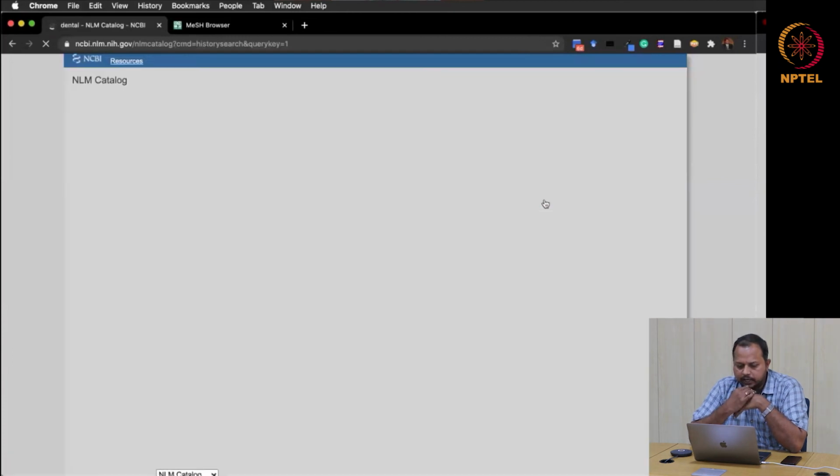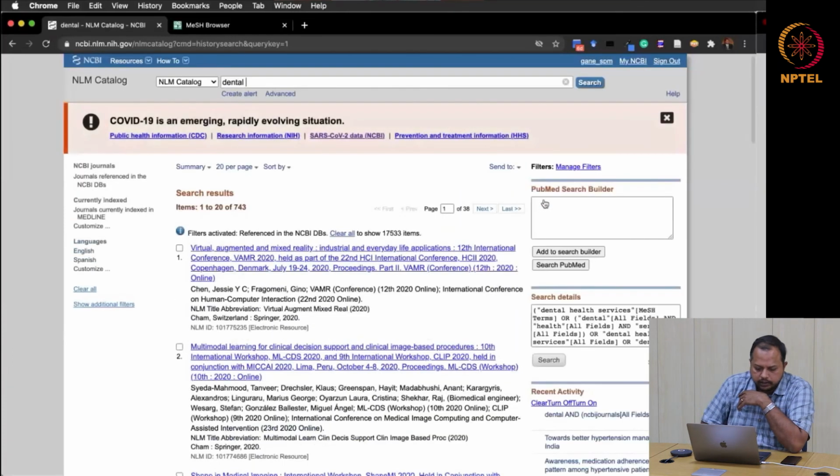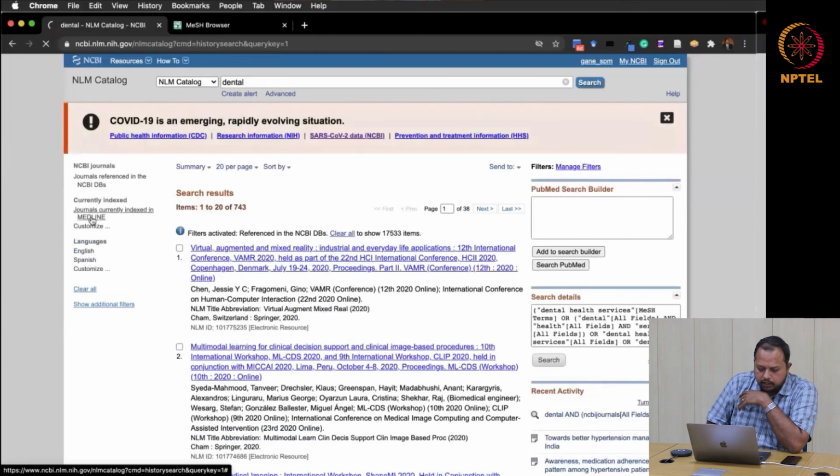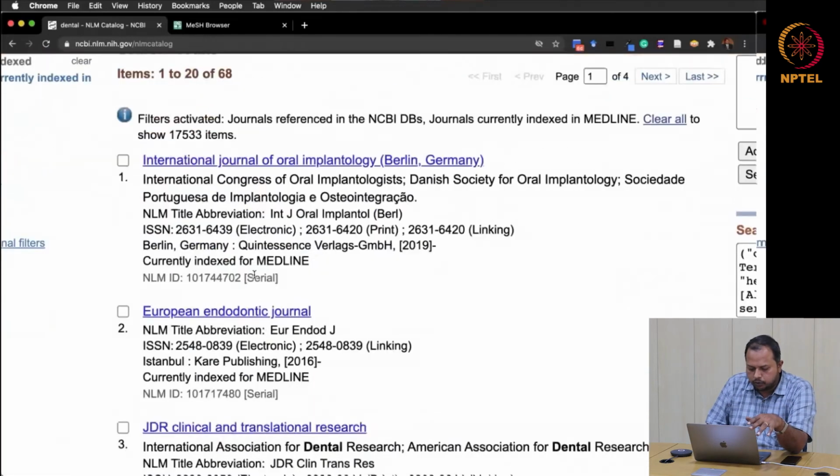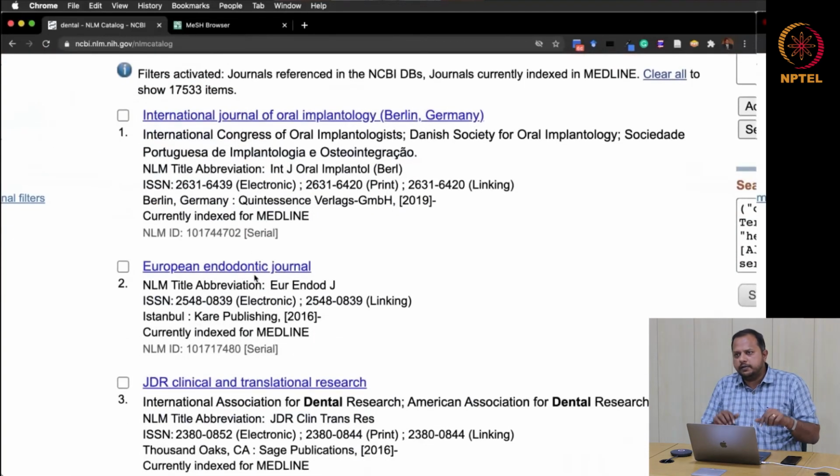which has dental related. You can see that all the Medline. You can search, these are all the Medline related journals. So these are all the International Journal of Oral Implantology, European Endodontic Journal. If you want to specifically search with the same search, advanced search builder, you can also search that the respective journal is available and what are the articles also. So these are all the search terms.